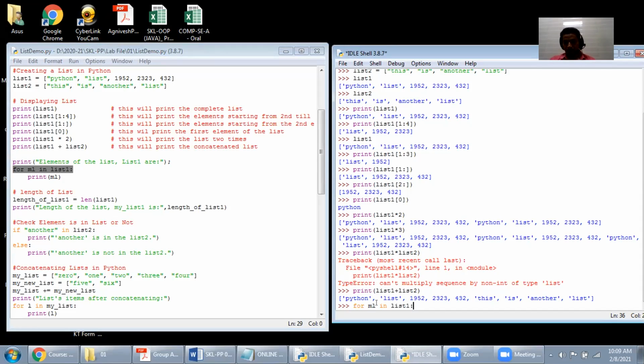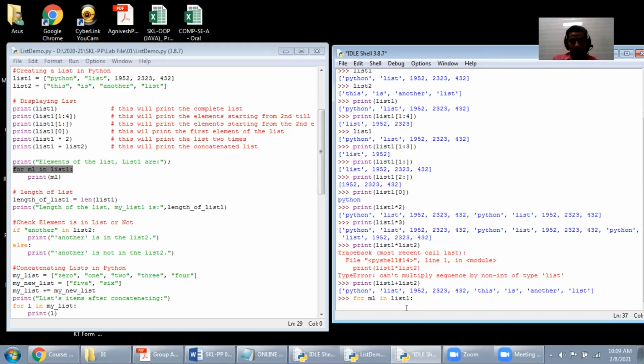So we are considering for m1, for example, for i. m1 will be any variable to check in the list. In is an operator which checks whether this particular m is available in the list. So, as a simple example, the for loop has this statement: for, then m1 is any variable, for example i, j, x, y, etc., in list 1. In list 1, we want to check it.